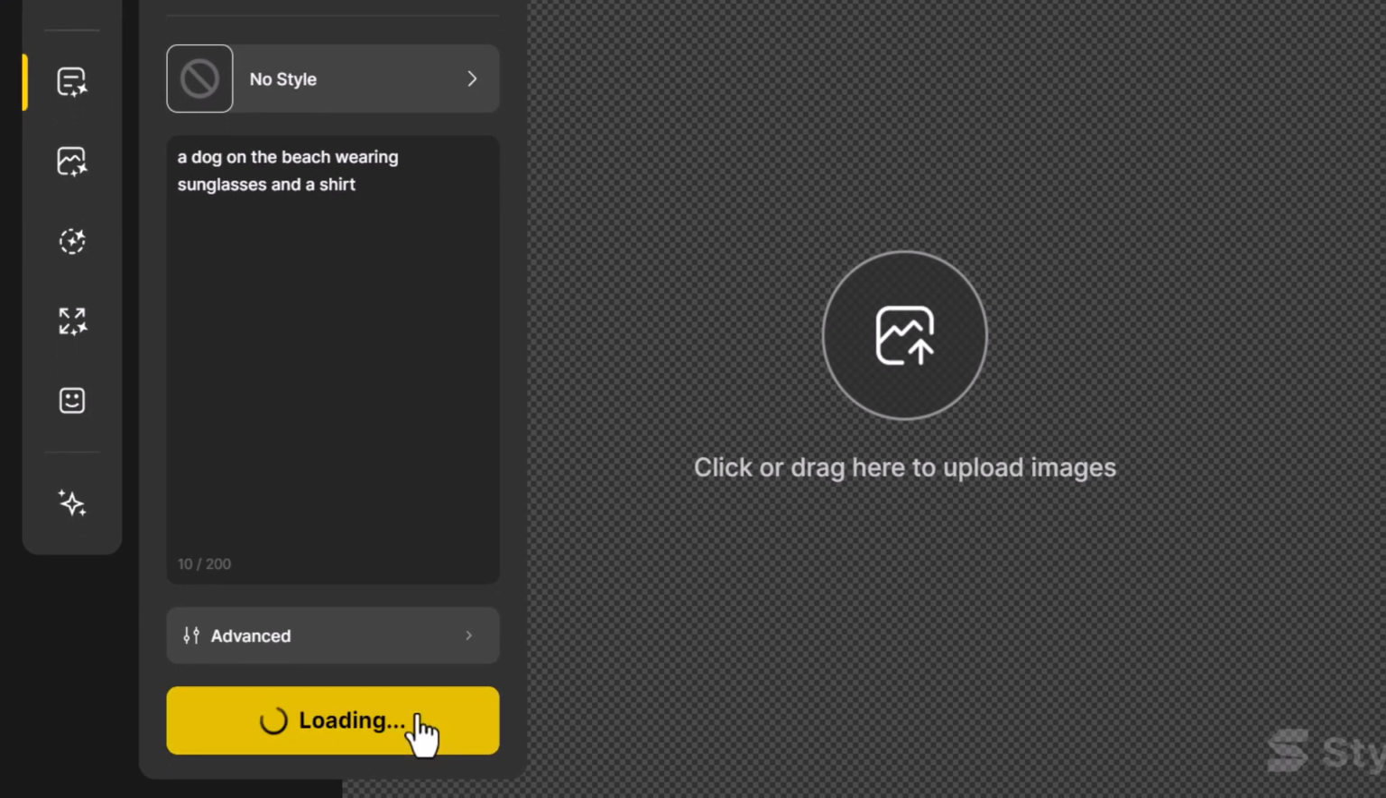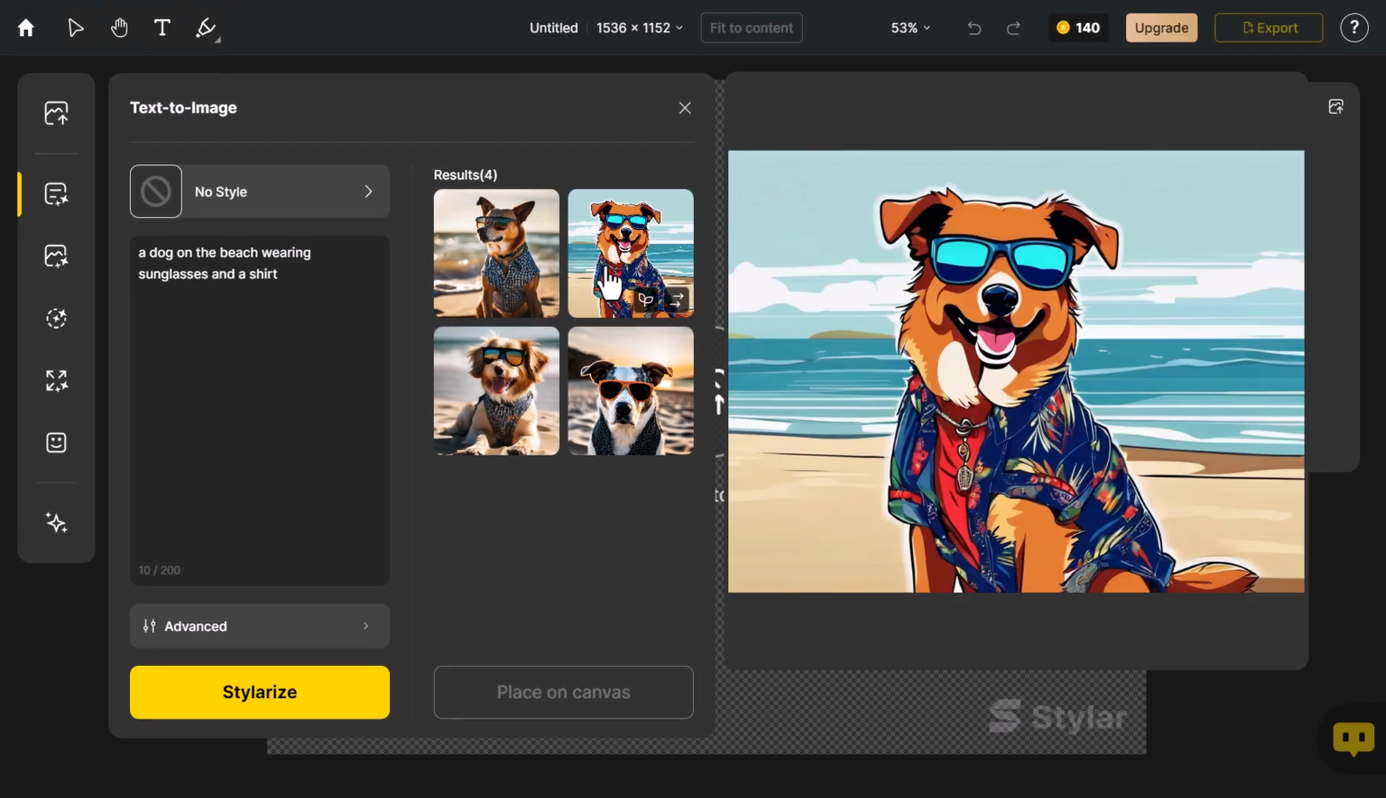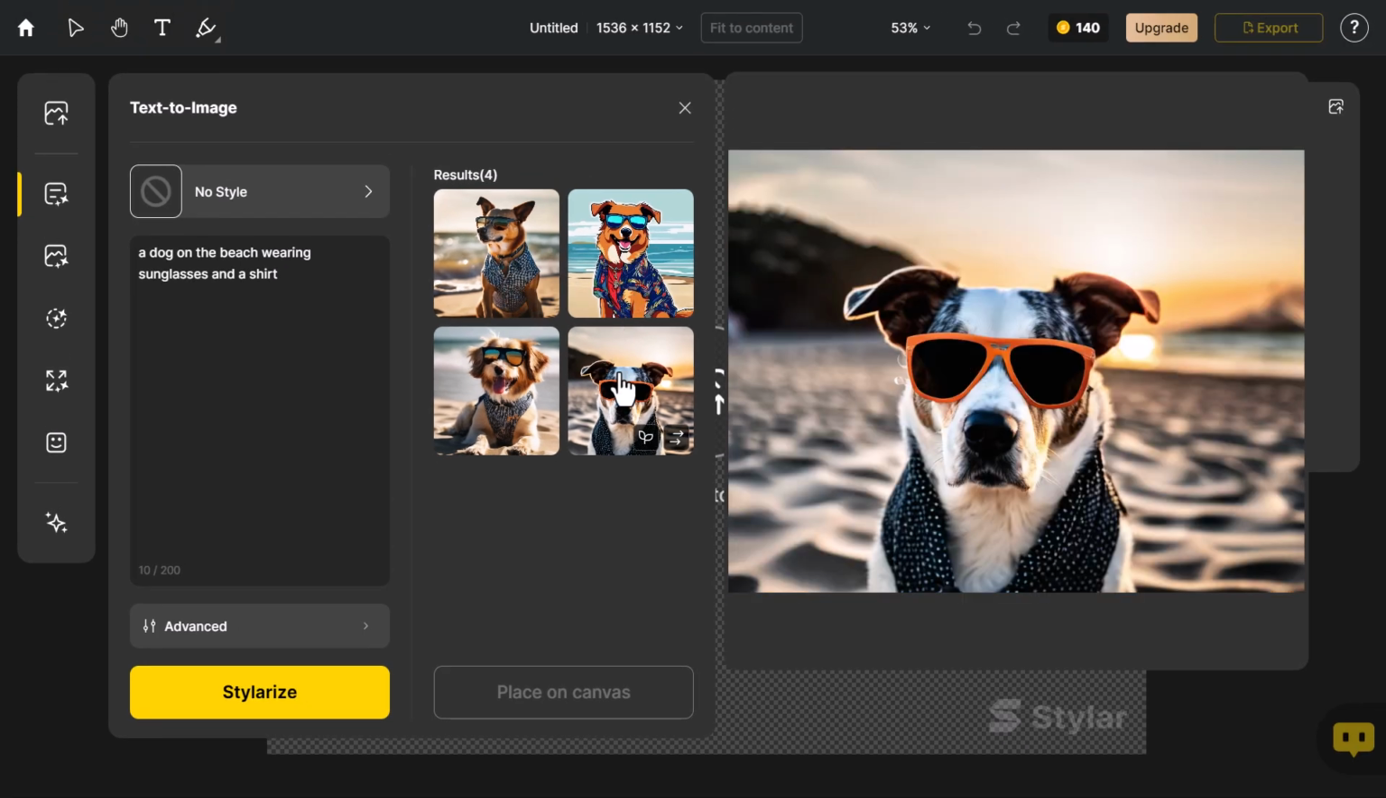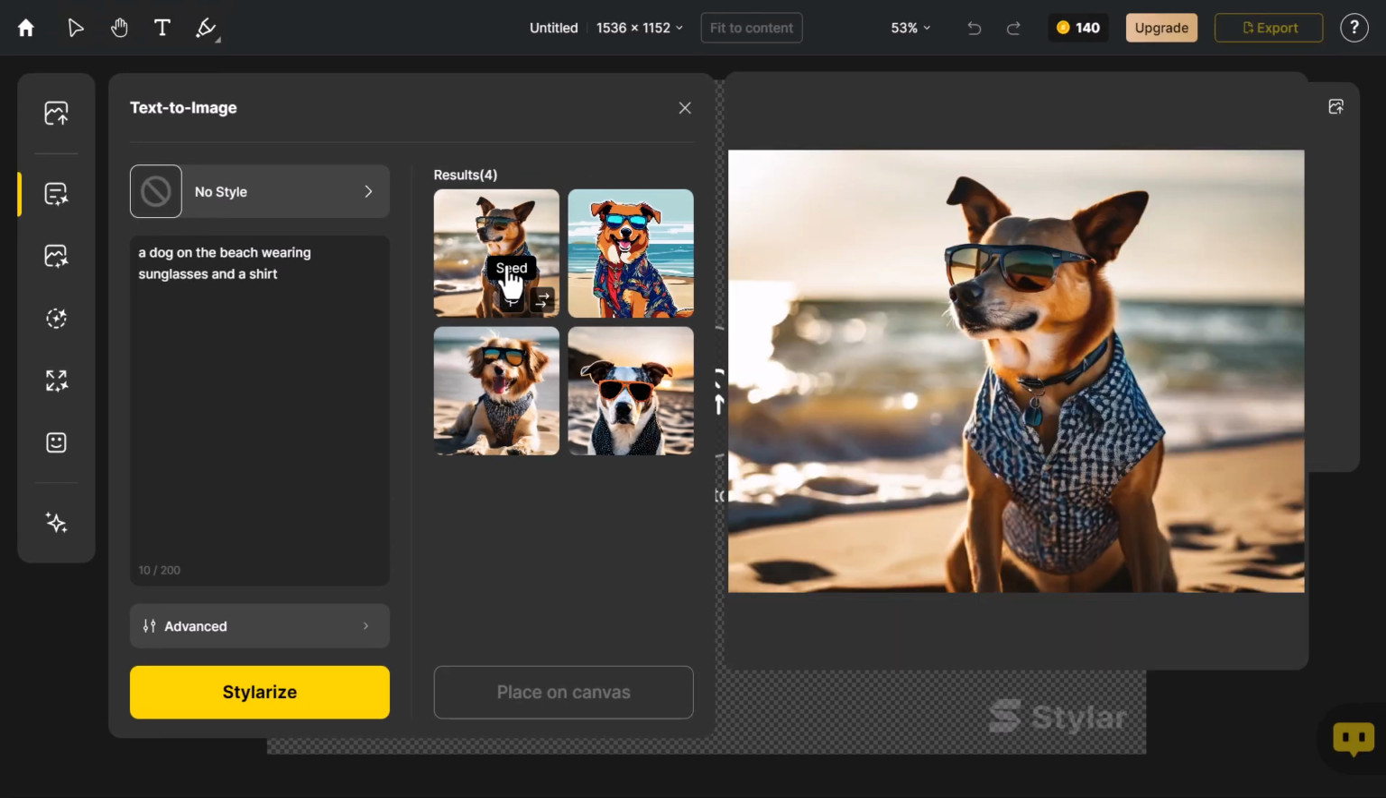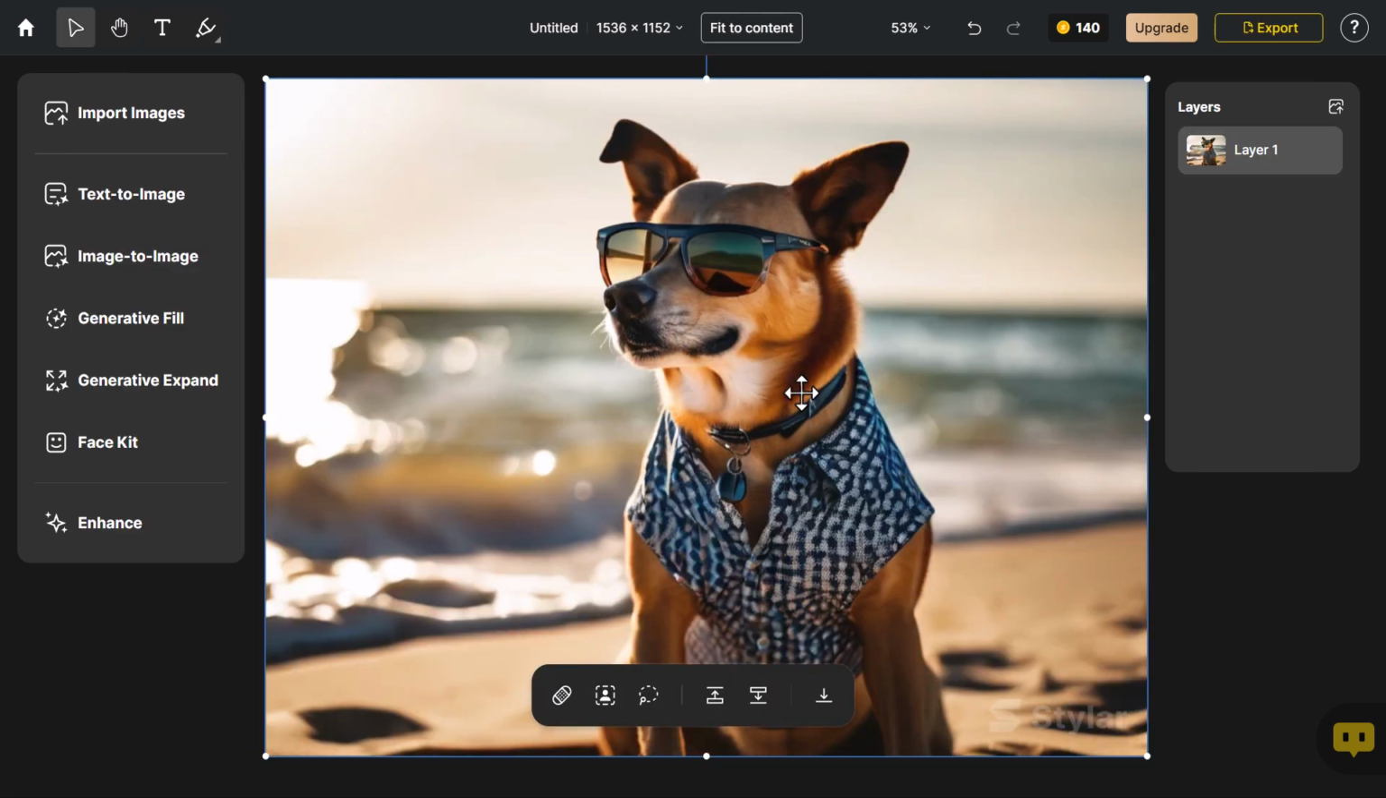When I click Stylarize, I get my typical 4 options, and you'll notice that this has a different style to some of these other images. But most of them are simply photographs. If I click on this one and place it on the canvas, this is what we get without any style applied whatsoever. So I'm going to keep that there as reference, but we're going to go back into text to